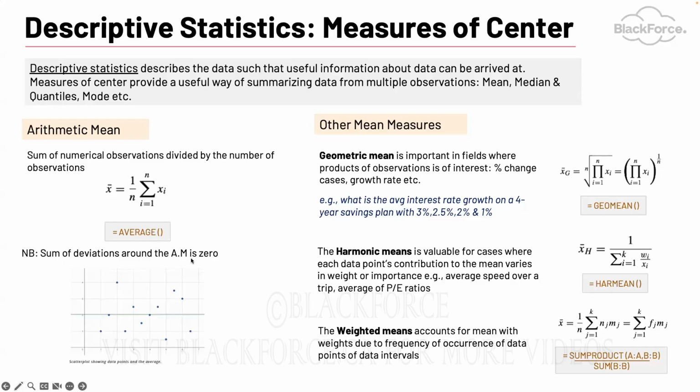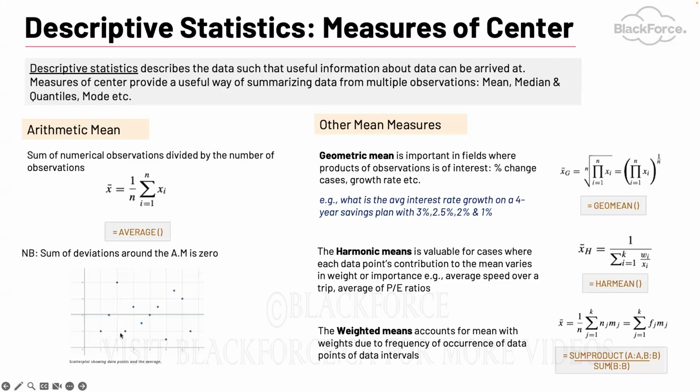So what we mean by sum of deviations around the mean is 0 is, if the mean is the green line, in this case 2, right? If you look at each data point's distance from the mean, the first data point here is 1, and here we're looking at, let's say, the values on the y-axis, right? So it's 1 here. The second data point is 2. That's the y-axis value. Third is 4. So if you look at the distance of the first from the mean, which is 2, it is -1,